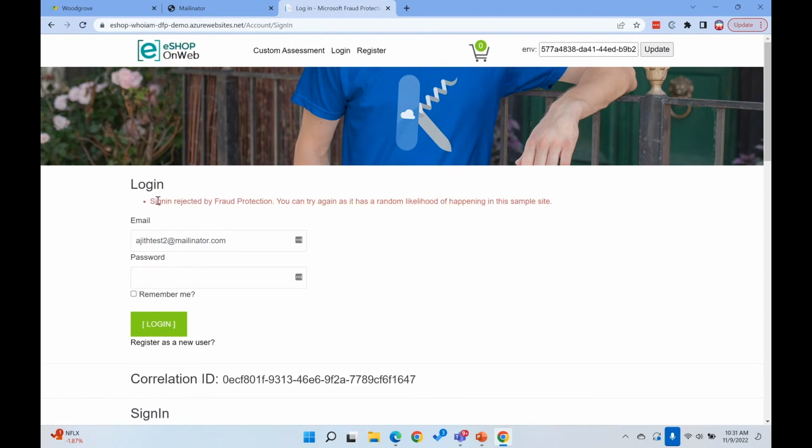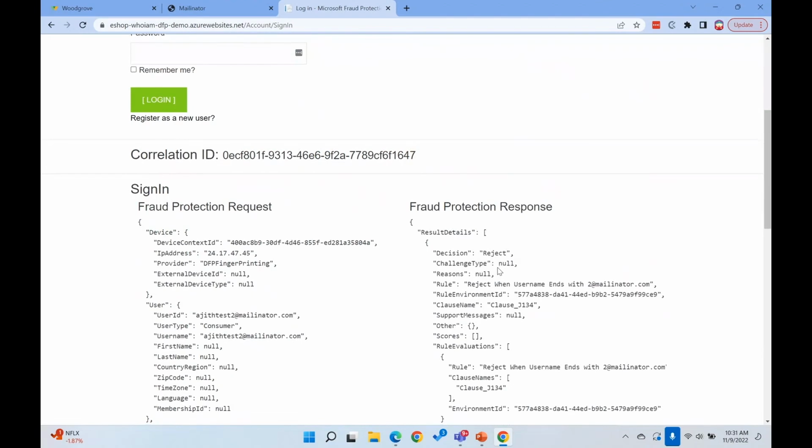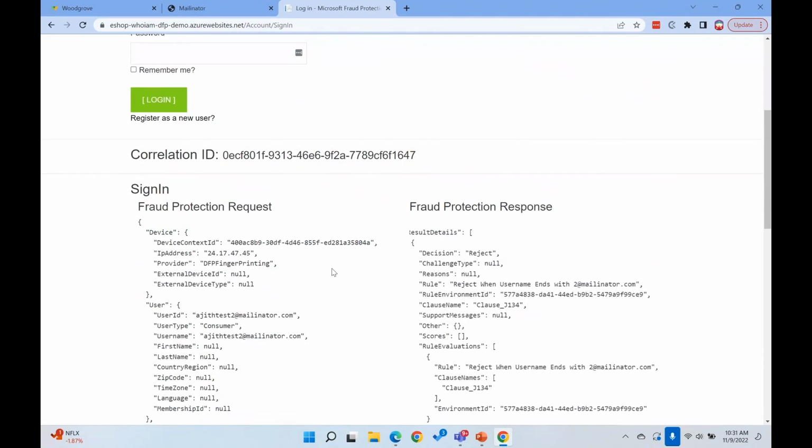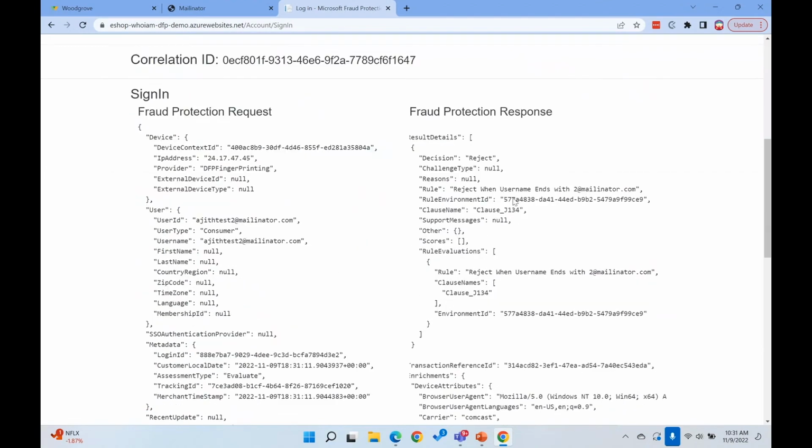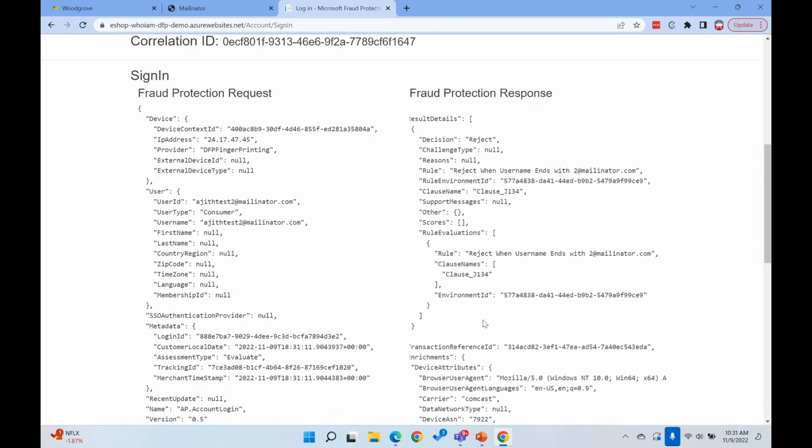And you'll see sign in was rejected by fraud protection. And of course, you might add a friendly message like you can try it again, as there's a random likelihood of this happening. But effectively, what has happened is DFP triggered a rule that said, look, yes, we will make our assessment on bot and risk score, and you might choose to have thresholds where you block based on those risks, but we have a straight up